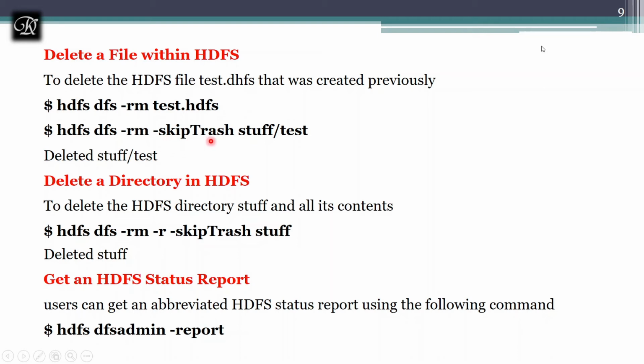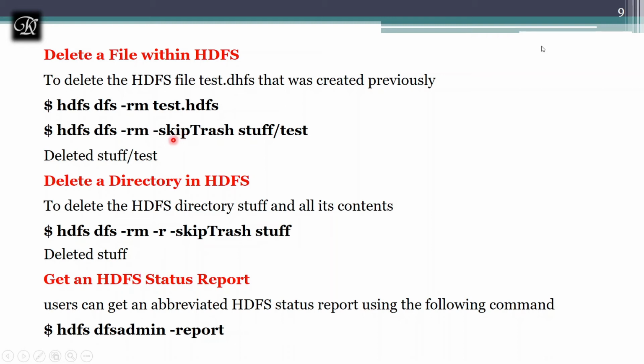It's like the shift delete that you do on your Windows. You don't want the file, just shift delete. It will not even go to the recycle bin. It directly kicks it out of the machine. Similarly, you can do it with skip trash. If you use the first command I have used, rm, remove, what happens is it's not going to delete, because it's going to give a warning: use skip trash.